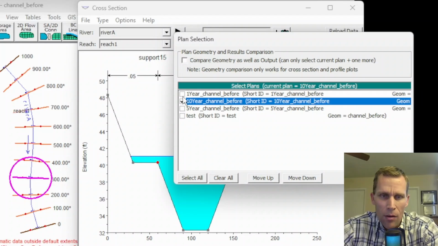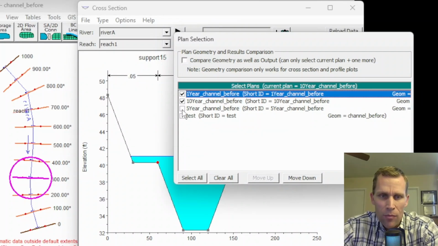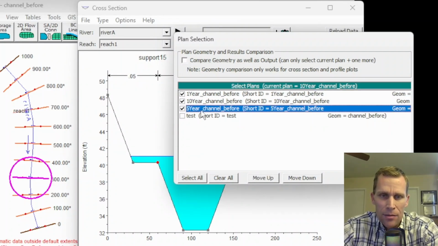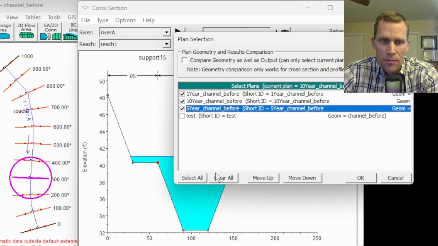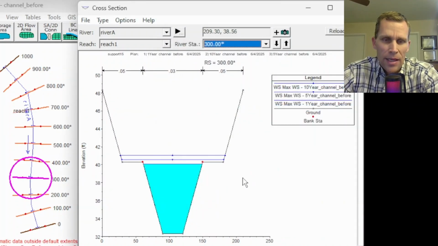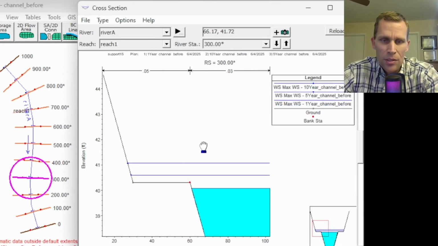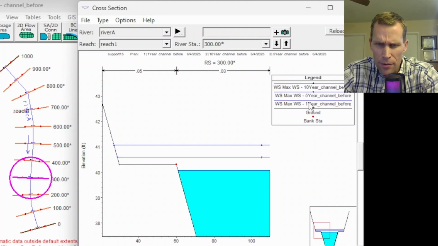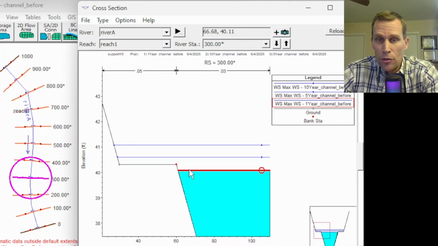I'm going to toggle on all 3 plans. So we have 1 year, 5-year, and 10-year. This is before the channel modification, of course. And then click OK. And now I'm going to zoom in. So it looks like we have the 1 year, which is right here. It actually does not overtop the bank, which means there's no flooding and there's no channel modifications required to reduce